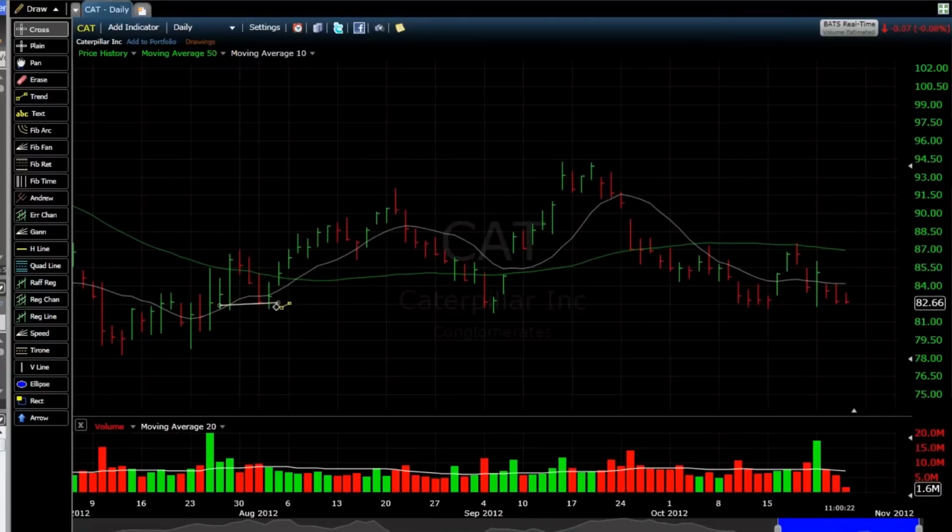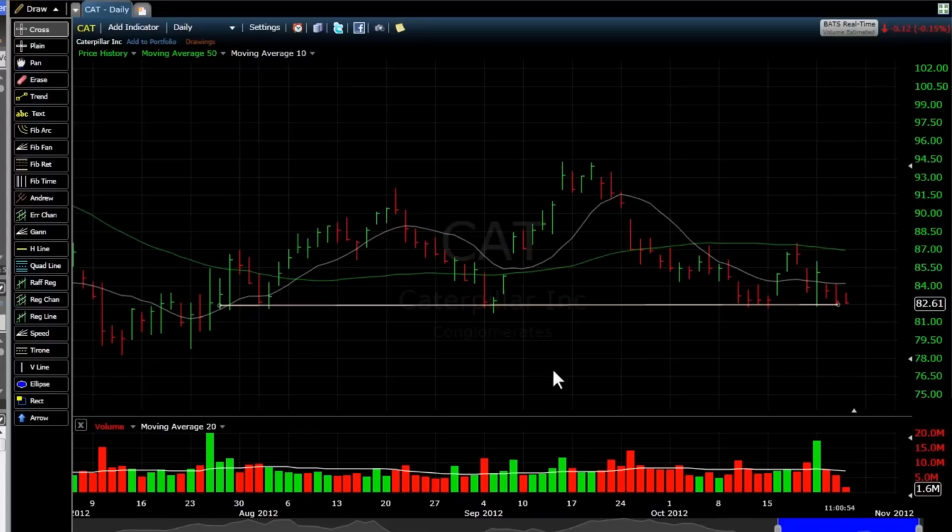So if I draw a line right here, I can see that stock is kind of bouncing at this level. Now this line can be extended even further. As you can see, notice the stock bounces up, then again dips down, bounces up, then again bounces up. So this is a good solid level of support, and that's what it basically is, it's just a price level. It doesn't mean it can't break it, it doesn't mean it can't go higher. It just means that that's a solid level that it has to go through in order to make some kind